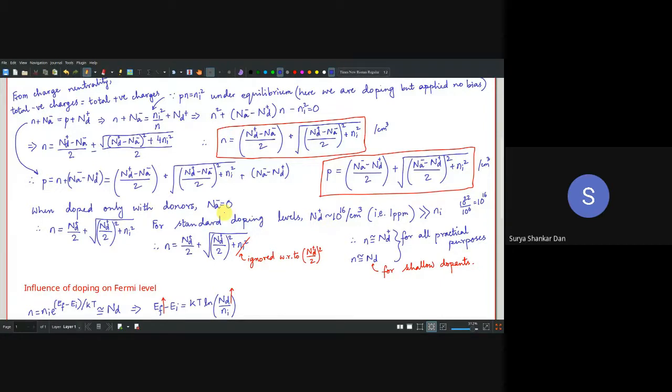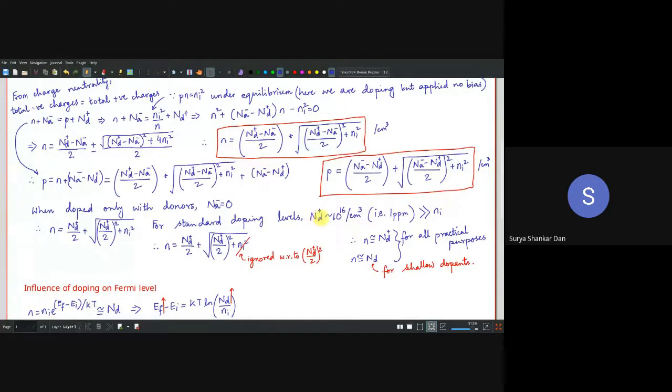Okay, so if that is the standard level of doping, Nd+, suppose we are not bothering about the Na-. We have already seen that if we dope with the same concentration, that is idiotic stupidity, because you are again going to have only the thermal concentration. The main advantage of doping comes in the differential doping levels. There is a very nice term for this in IC fabrication. I will come to that, which you have already learned in your VLSI design. I will connect that dot over here, and then you will have a new perspective in VLSI design. So this is 10^22 by 10^6, which is 10^16, which we all know now.